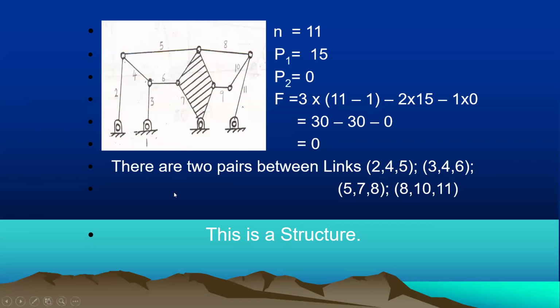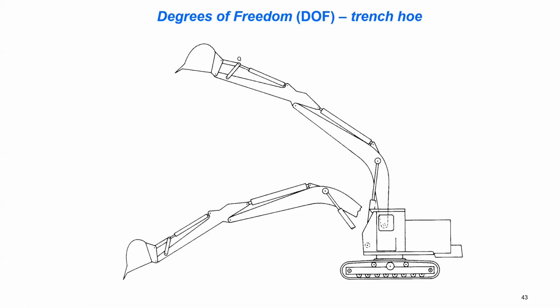Okay, perfect. So now let's also look at our everyday practical work. Let's look at the degrees of freedom of our trench hole, for our earth mover, which is digging our trenches. So how do we determine the links? Okay, so now this is link 1, this is 2 and 3, this is link 4, this is 5 and